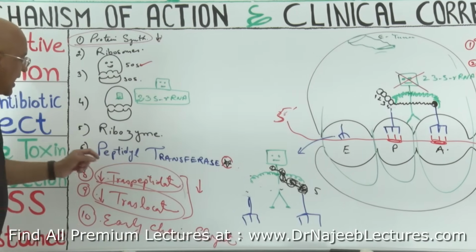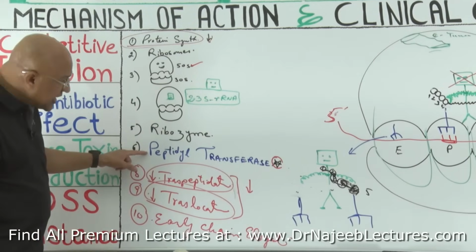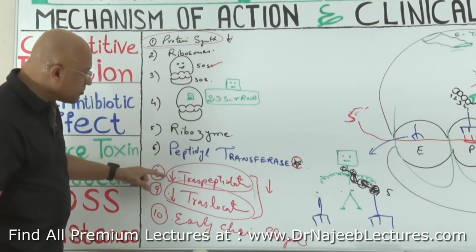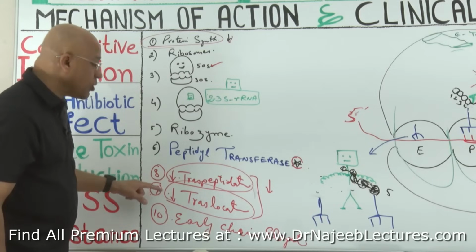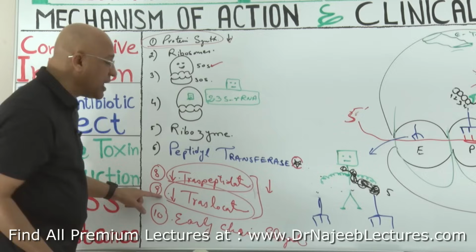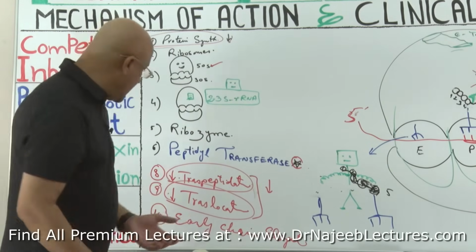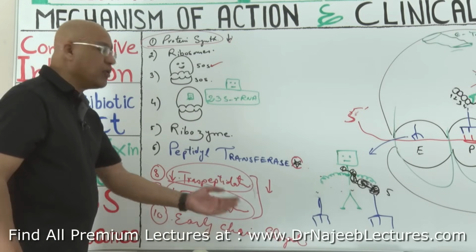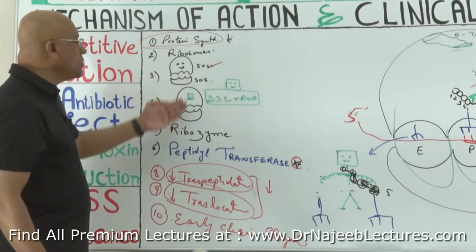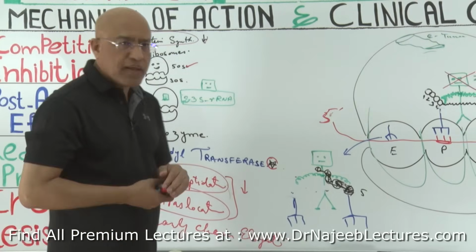If peptidyl transferase is inhibited, then transpeptidation is not done, translocation of the ribosome does not occur, the ribosome is unable to move on messenger RNA, unable to read it further, and eventually early chain elongation will fail, which will result in protein synthesis inhibition. If this is clear,